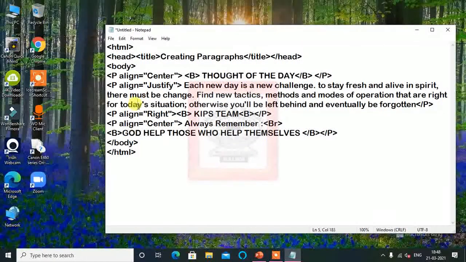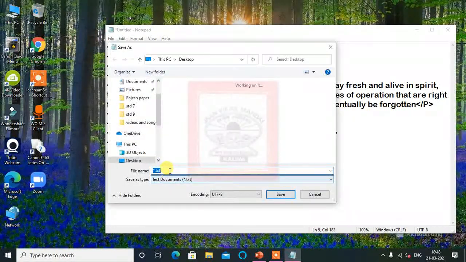Now we will save this web page. In the book it is given that you have to save this as click.html, so that name only I am giving here, click.html. Remember, the name is very important here, and so is where you save it, because the folder is also important. I am saving on the desktop, click.html.